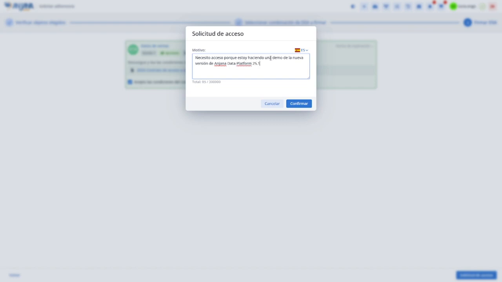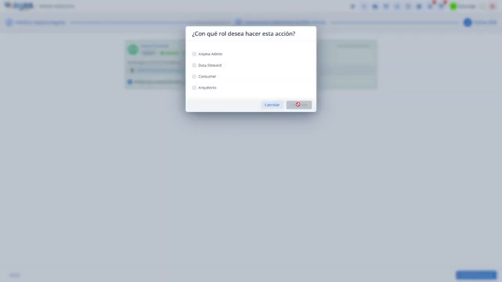For this instance, access is necessary as we are showcasing the new version through a demonstration, and this is the message we are going to send to the owner. If you all remember, we saw within the profile that my user had several different roles. It does not make sense for me to launch the request with my responsibility role, or as an Anjana administrator, I am going to do it with my consumer role. We launch the request,